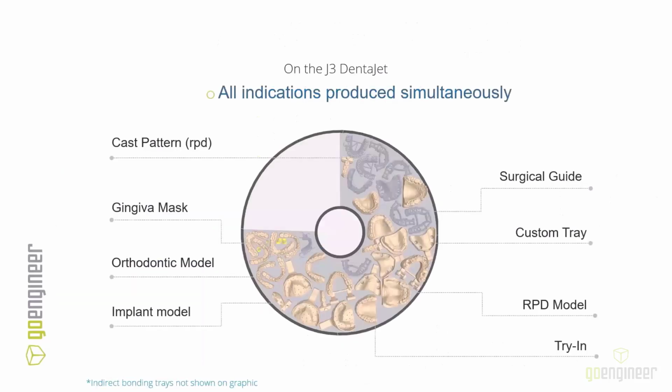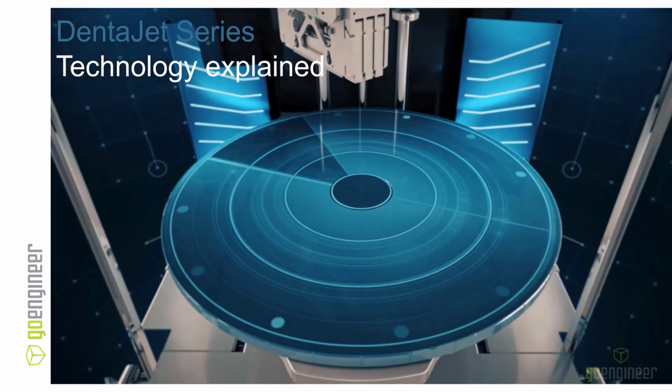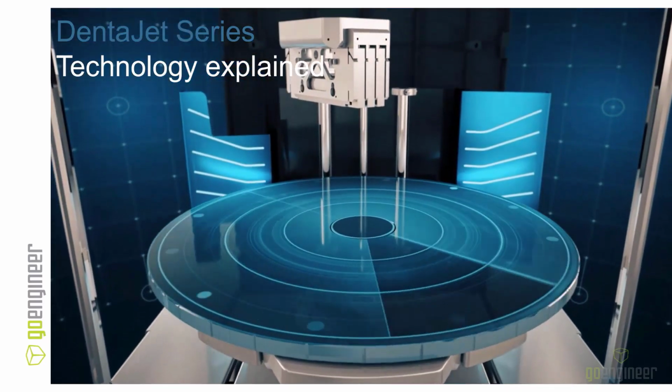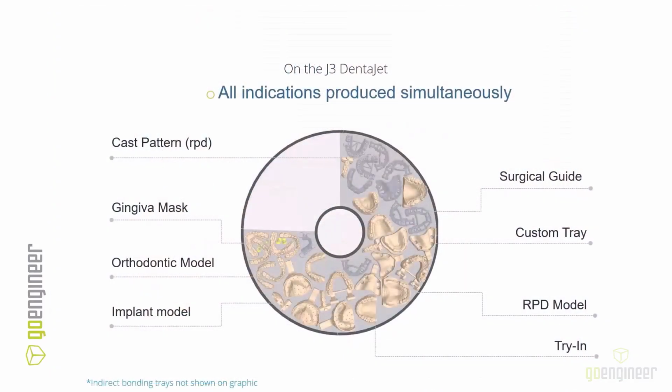One of the things that makes it different than most of the printers out there is that it's not using a Cartesian axis, and it's not using what we'll see in vat photopolymerization technology, where it's using a build head that's lowered down into a vat of resin. This is using a polar axis, a circular platen that rotates under a print head that can only move on one axis. So mechanically, it's a much more simple machine than the legacy big box Cartesian axis PolyJet systems of